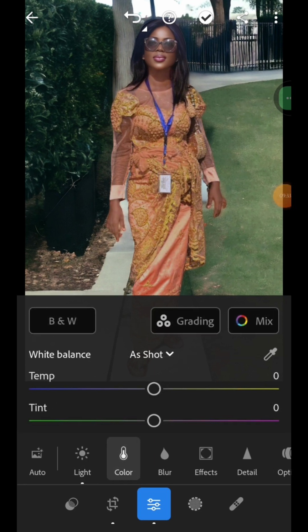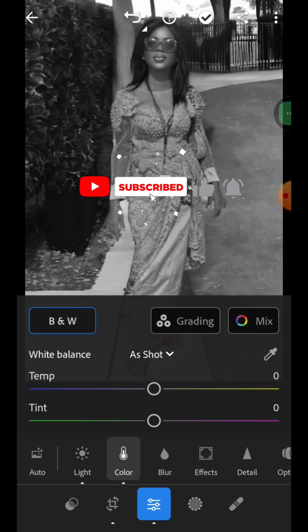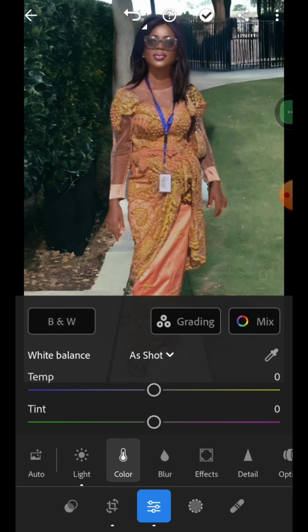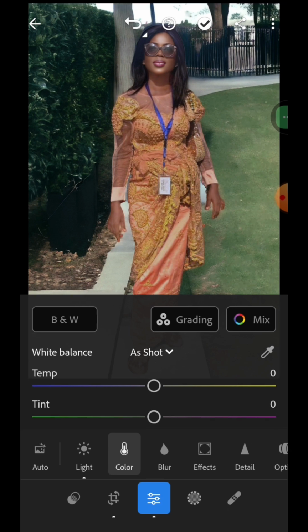color. The first thing you see there, if you look closely, is B and W. That is the black and white. If you just want your image to be black and white, you can just click there and it gives you that. But if that is not what you want, just leave the image and then adjust all these things. We start with the temperature. The temperature has to